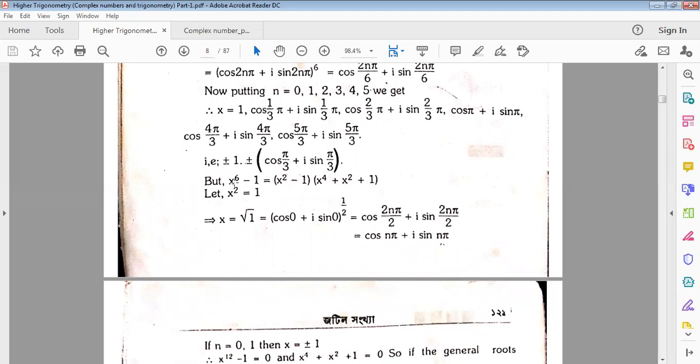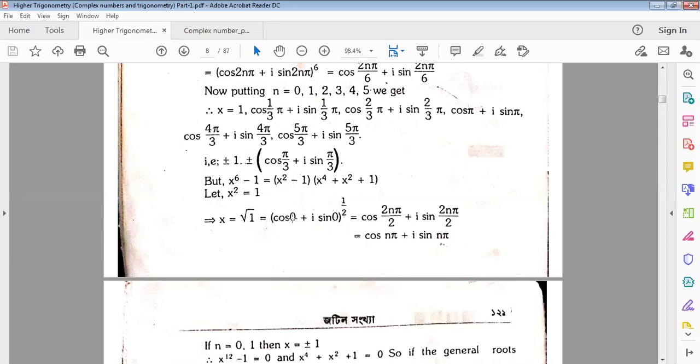The factorization formula for a cube minus b cube is (a minus b)(a square plus ab plus b square). That means x square is a and 1 is b. Then a cube minus b cube. Now for this x square minus 1, the solution will be x square minus 1 equals 0,